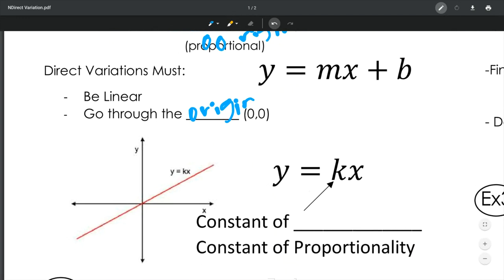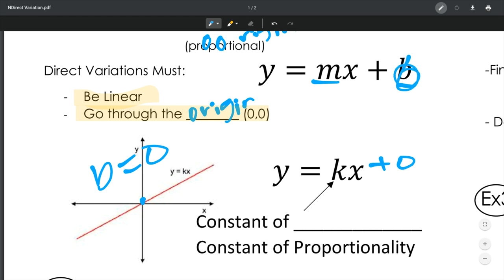Now, when we've got it going through the origin right here, you have to make sure that you're not including the b value, because at this point, your b value, when it's crossing the origin, is 0. So your slope is very, yeah, it's happy that the b is there. But when the b is at 0, it zeroes out right here, and your slope